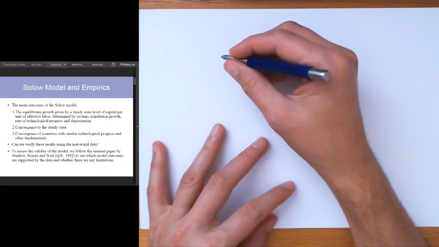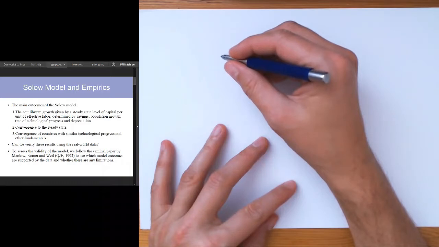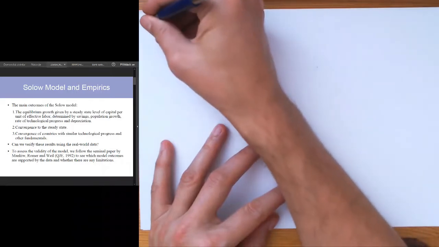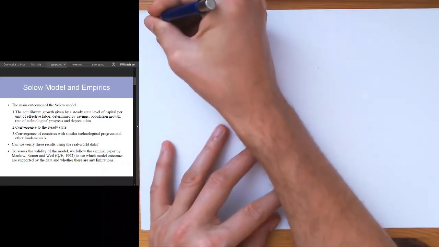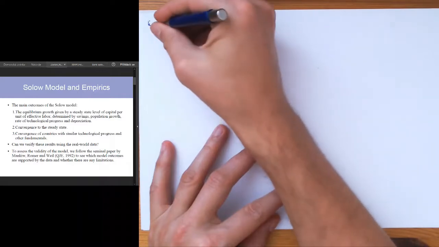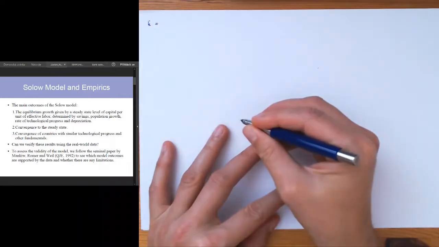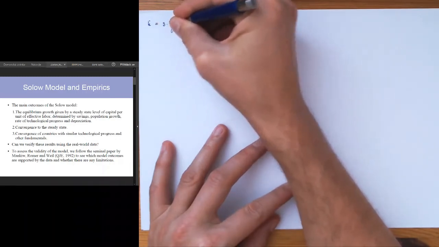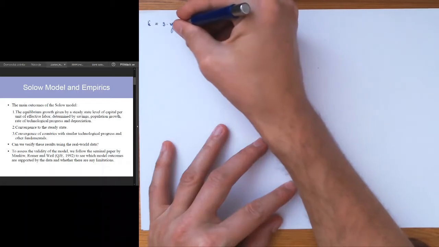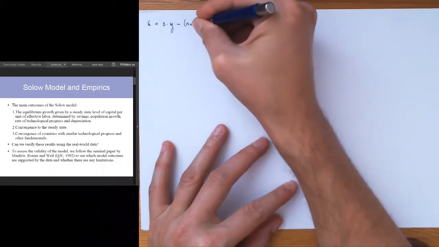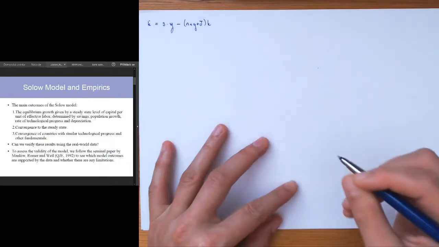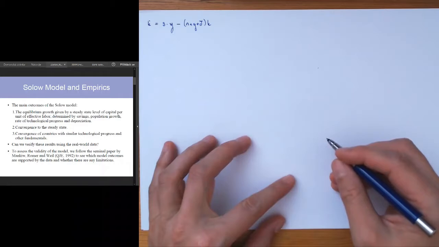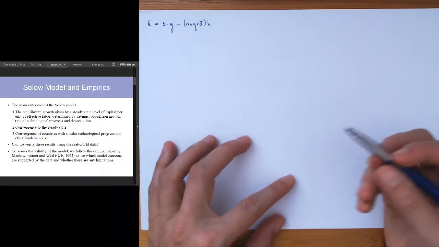During the lecture, it's been shown that the main equations which define the dynamics of the Solow growth model can be stated as follows. The first equation is the equation for the dynamics of capital, K dot, which equals s times y, which is the output per unit of effective labor, minus (n plus g plus delta) times K, and this is the equation which defines the dynamics of the capital, which is a change of capital K dot,